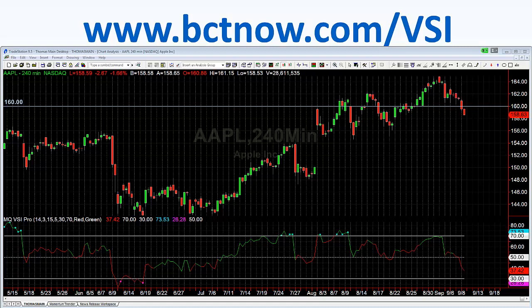With Apple, some traded below the prior bar, but did not close below the prior bar. Are you waiting for a close below or above the prior bar? Nope, it just needs a trigger. It just needs a break, and that triggers. VBT is a compression breakout tool. VSI is looking for an extended market.